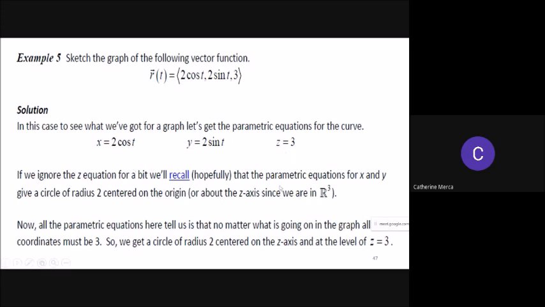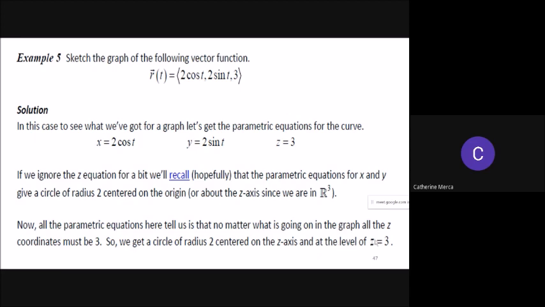So this one, the parametric equations for x and y give a circle of radius 2 centered on the origin about the z-axis. So what can we derive from this? All the parametric equations here tell us that no matter what is going on in the graph, all the z-coordinates must be 3. So we actually have a circle of radius 2 centered on the z-axis and at the level of z equals